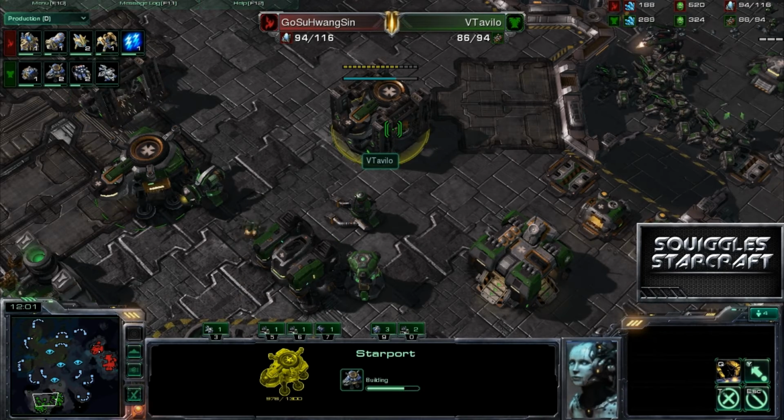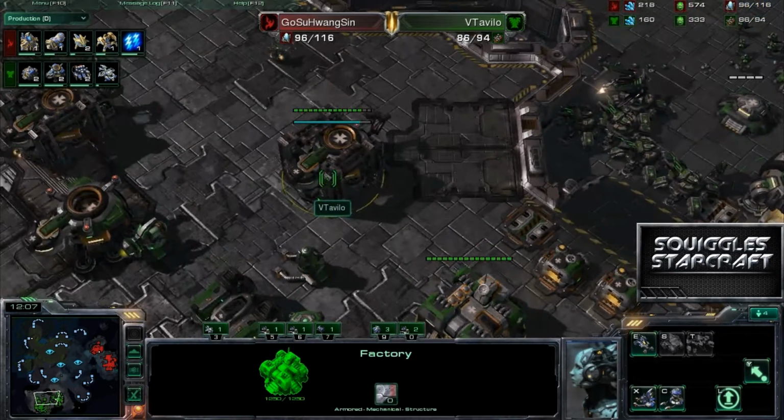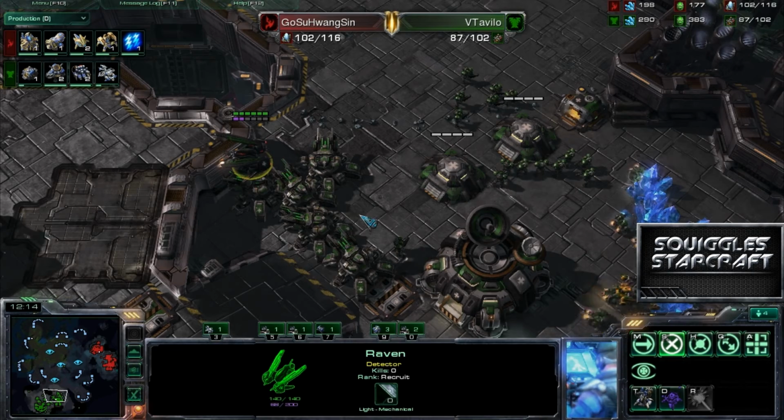It looks like, wow, a couple more Starports going down for Avilo. So he's going to go three Starports, only has one Rax and the one factory. So now I'm really curious to see what he's going to do. Oh well, he's committed to this Banshee tech, so he might be like...